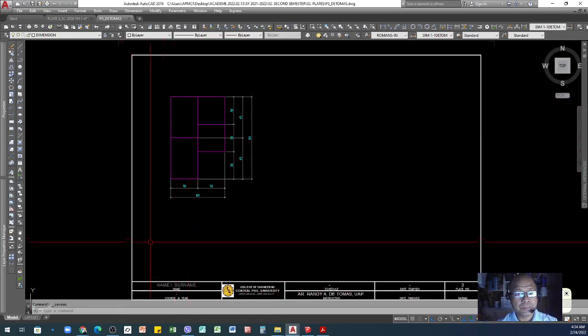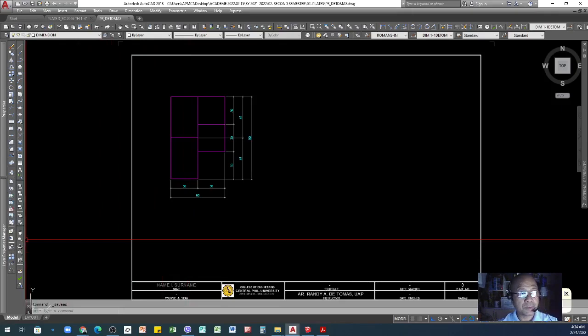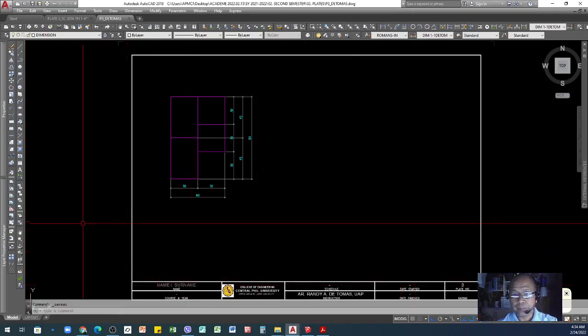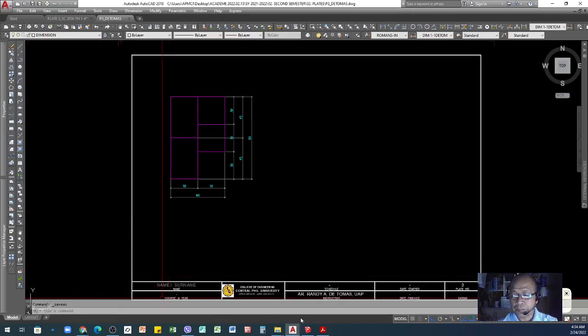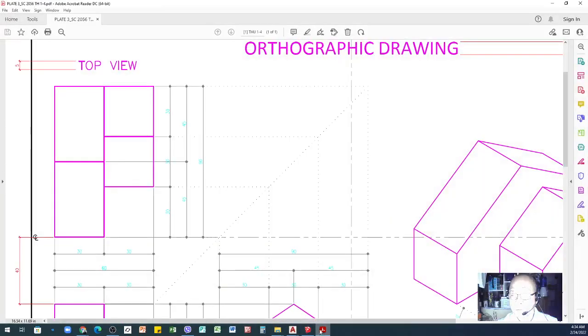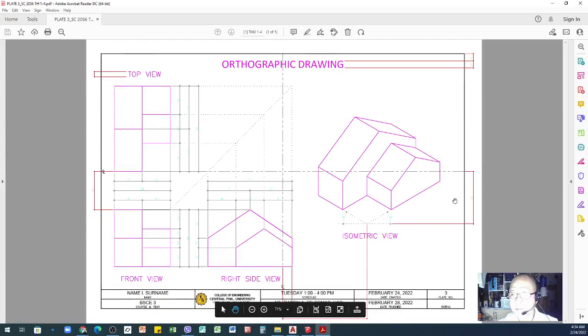Alright, so that's all. Looking forward to your submission of plate number 3 as indicated in my written instruction uploaded in Canvas. An additional note, I have indicated red dimensions or measurements here.